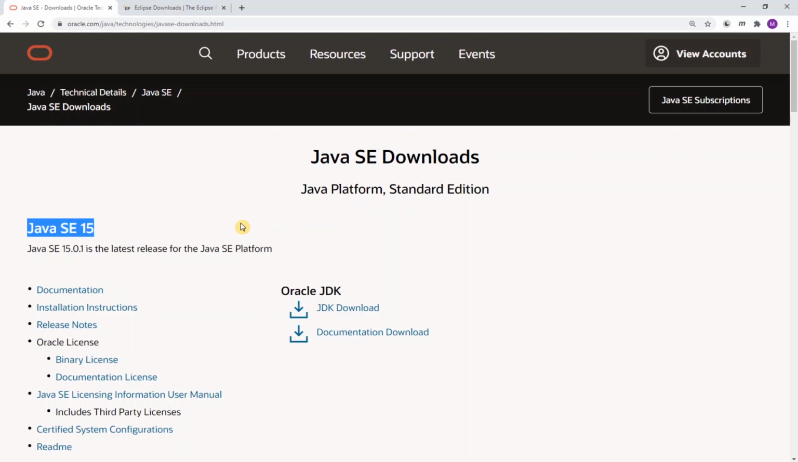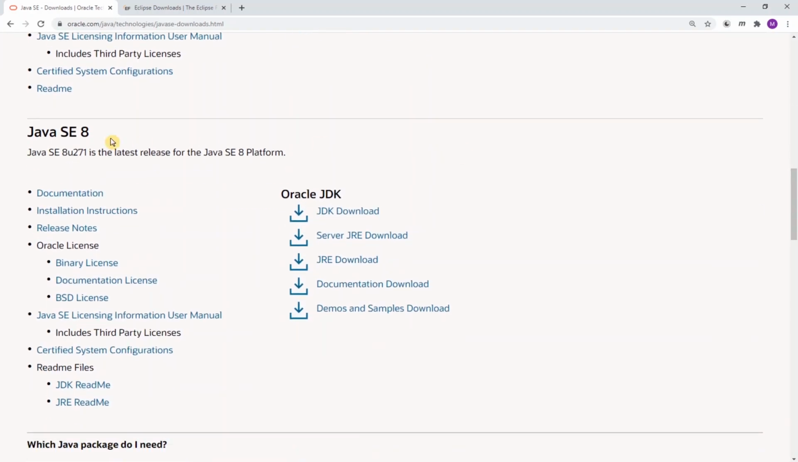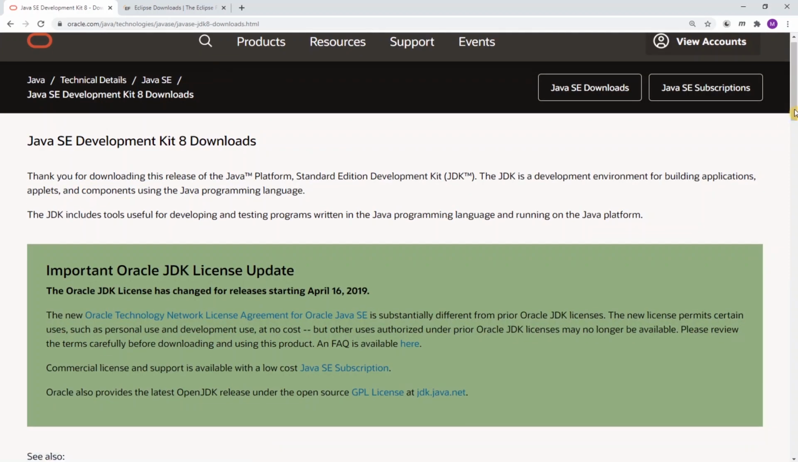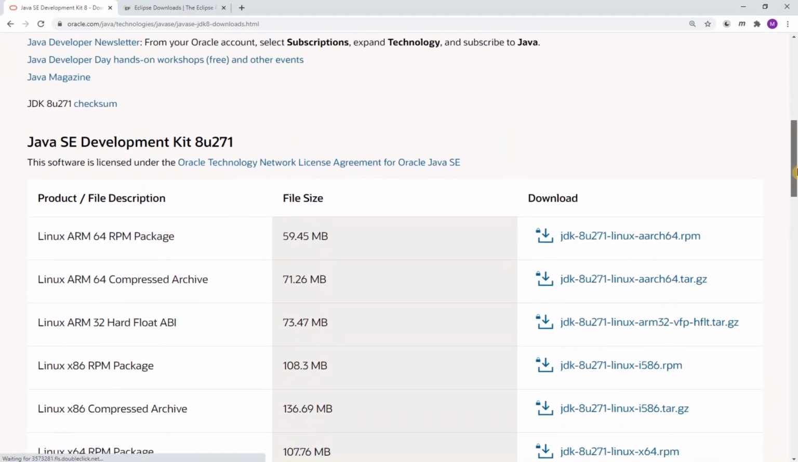I have version 8 of JDK installed on my Windows operating system. So to follow along with this course, I would recommend to have the same version installed on your machine as was installed on mine. Scroll down a bit and you will see the version 8 of the JDK. Just click the JDK download link that is listed under Oracle JDK, and then you will be taken to a page that, if you scroll down a bit,